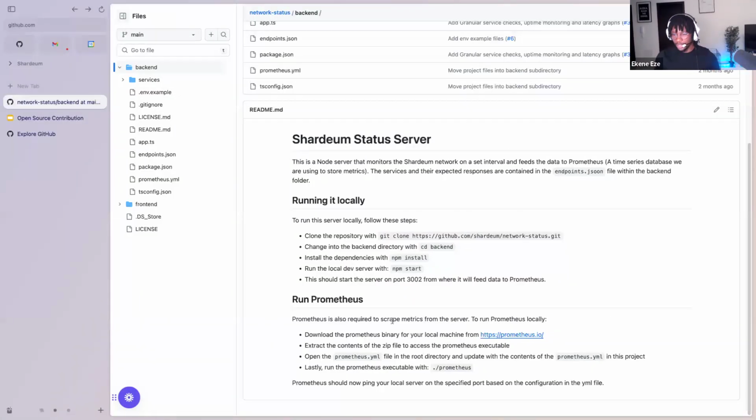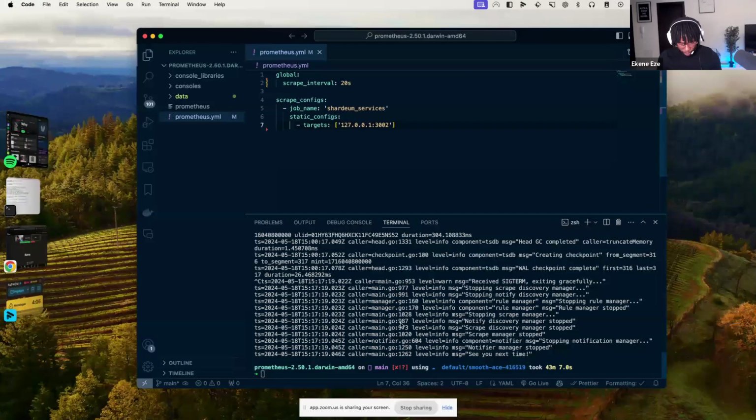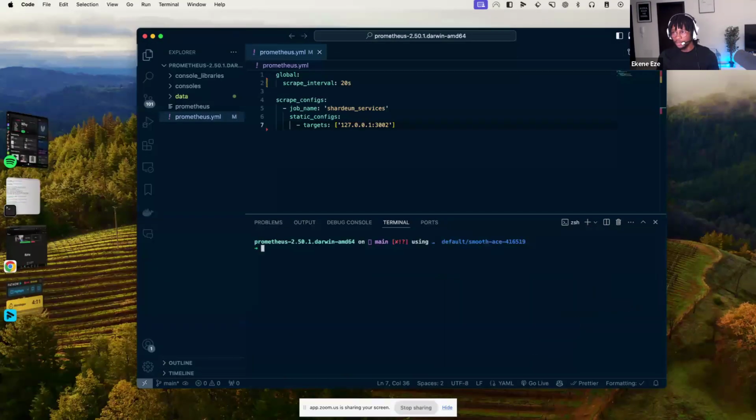So what I'm going to do now is start that Prometheus server. You guys let me know when it starts getting confusing, right? Setting up the system locally can be a bit confusing for people, so do let me know.